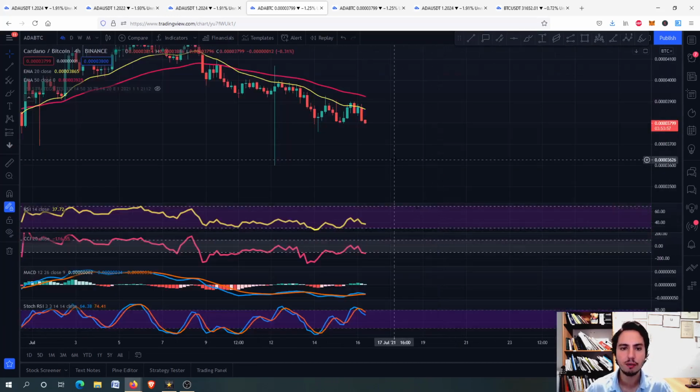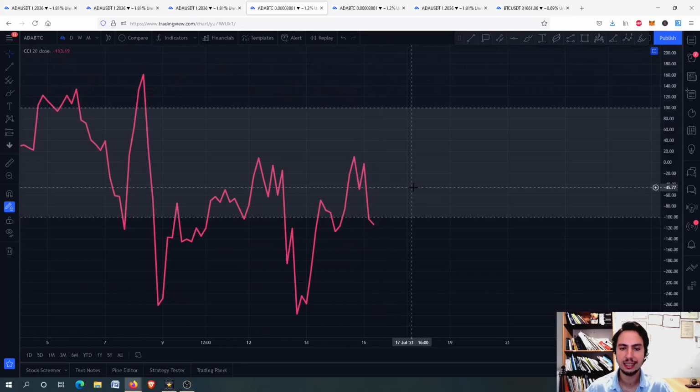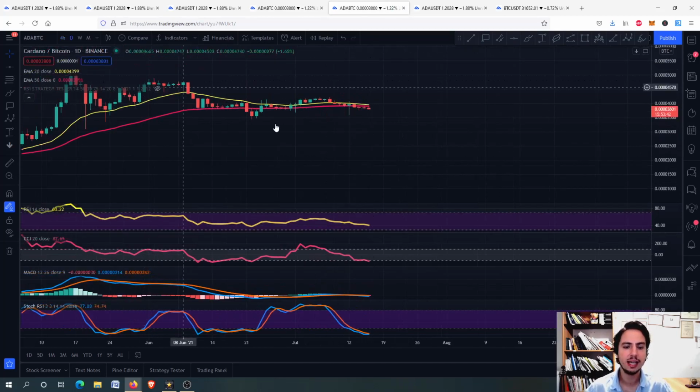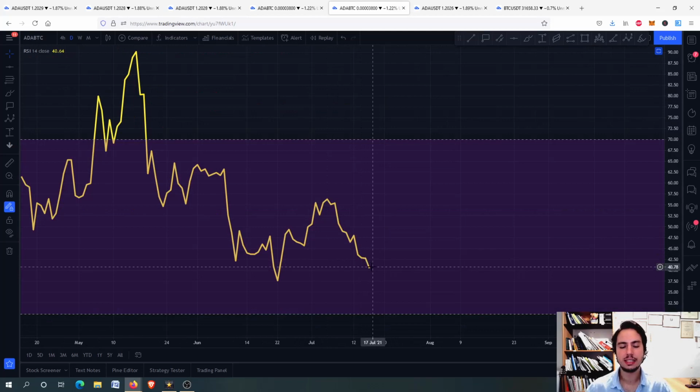This will be very, very good for the ADA Bitcoin chart. The stochastic RSI is not in an oversold situation, while the commodity channel index is in an oversold situation right there for ADA Bitcoin. So it is looking good on the 4-hour frame. On the daily frame, guys, it is not looking good. Actually, okay, the commodity channel index and the stochastic RSI are in an oversold situation, although the RSI is not,